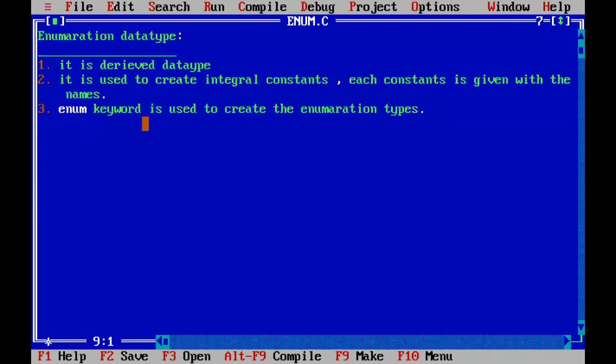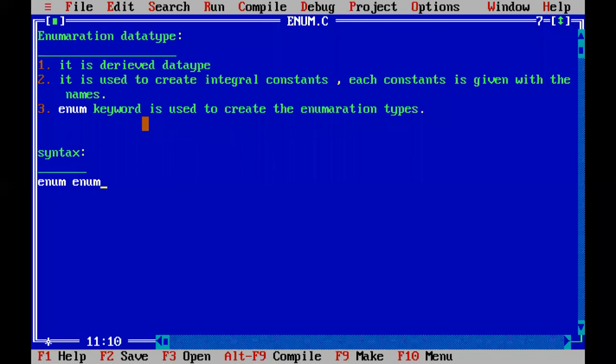So see the syntax for defining the enumeration type. We write the keyword enum followed by the enumeration name.